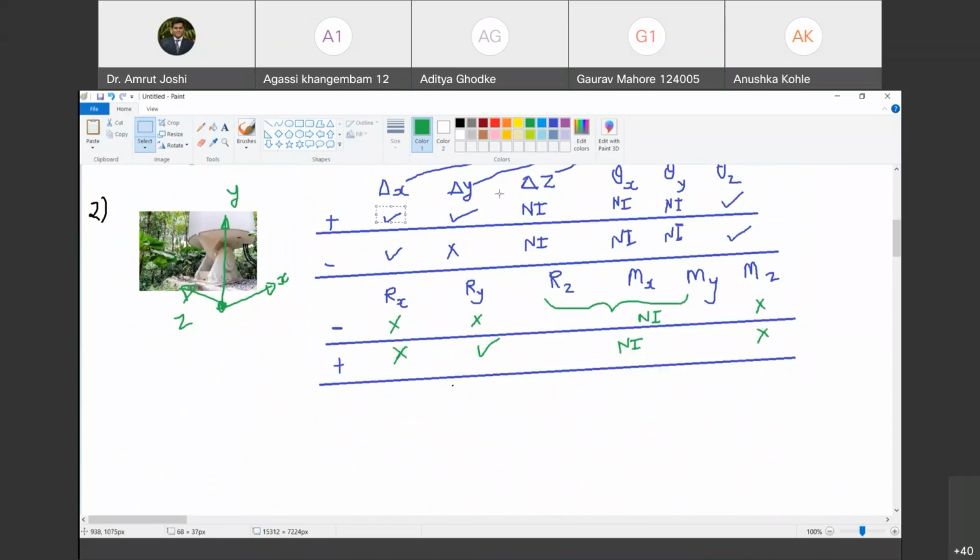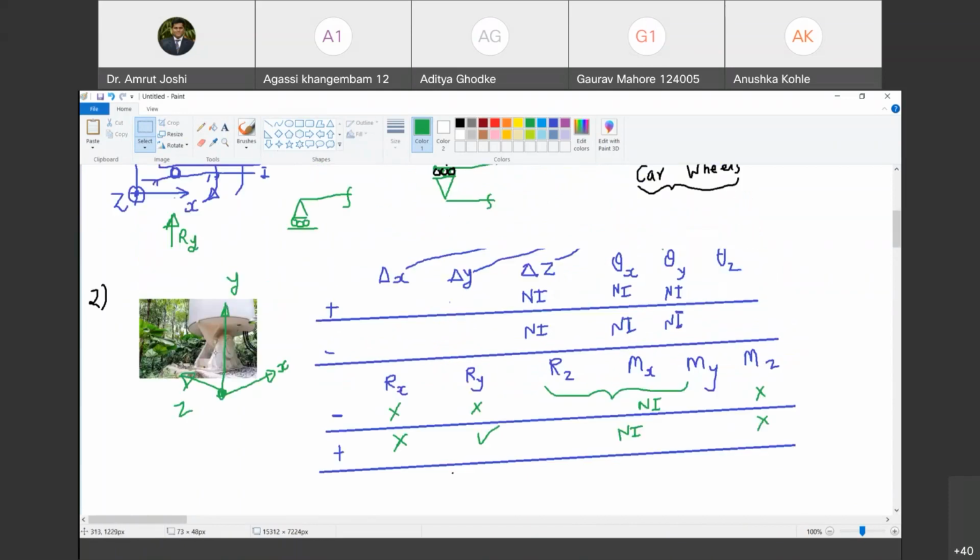Is it possible in both directions? Just have a look at the arrangement and let me know. Is it possible? No, sir. See, these two plates are connected to the bottom plate, and that bottom plate is connected with the ground through bolts. Are you with me? Yes, sir. So therefore, if you try to push this member towards positive x or negative x, if you try to push or pull it in this direction, it is not possible. Are you with me? Yes, sir.